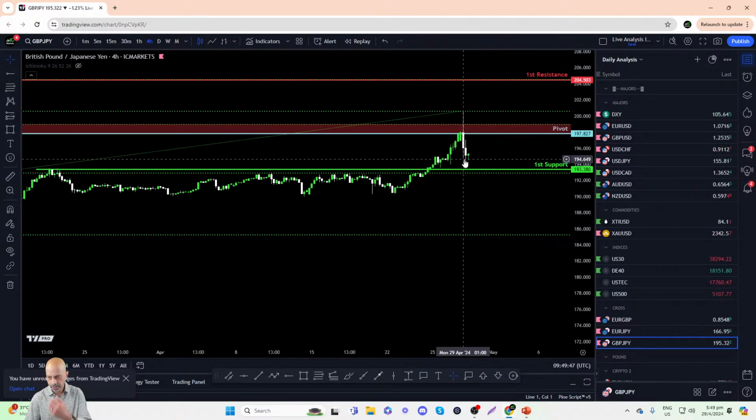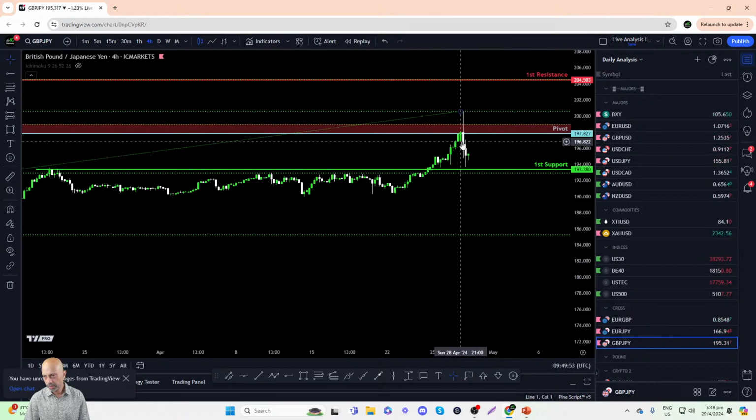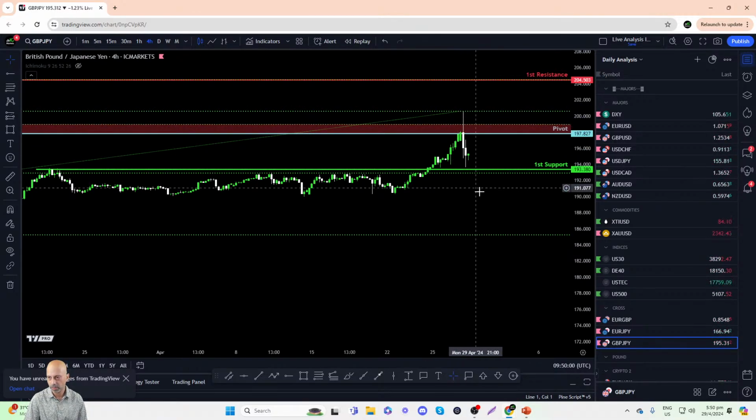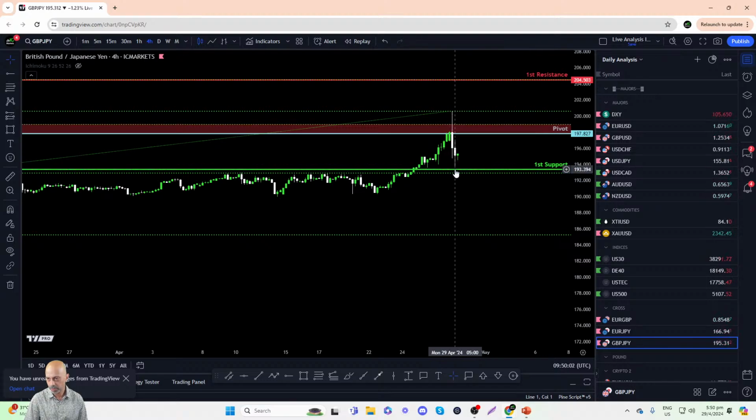Right, so as you can see, as Asian markets opened this morning, take note I'm on GMT time here, so that's UTC plus 0. As Asian markets came online, we saw the pound yen break above 200 briefly before reversing to drop lower. Now we can see it has found support here.